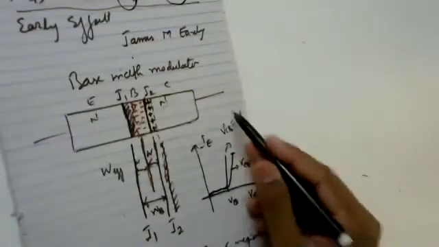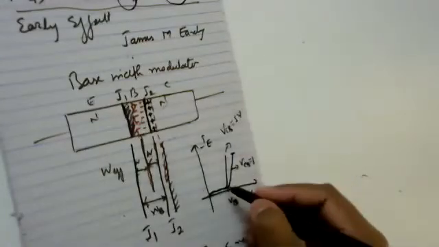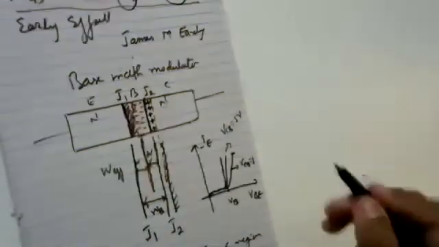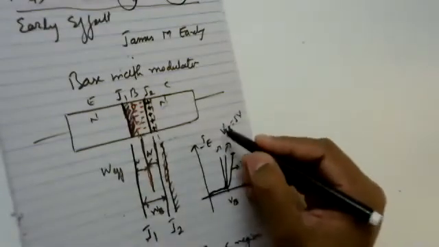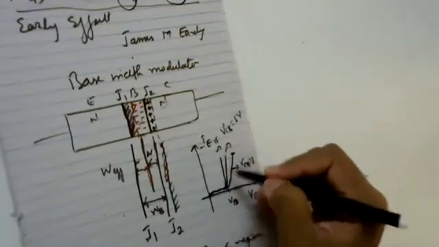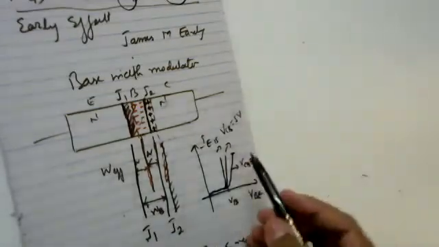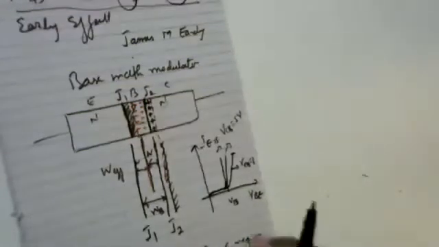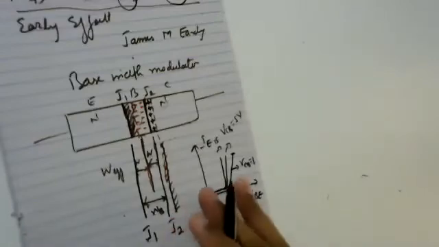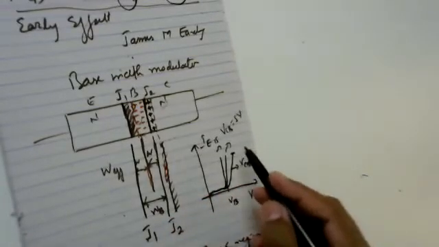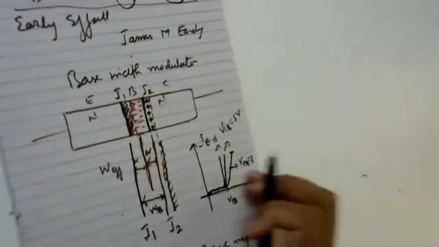If I increase this VCB still, then you may find a very sharp increase in current. This may be in the case of VCB equal to 15 volts or 20 volts. This is how you can go on increasing your VCB, and you can see this early effect in your transistor. Understanding? This is the best we can analyze in the case of the input characteristics of a transistor.